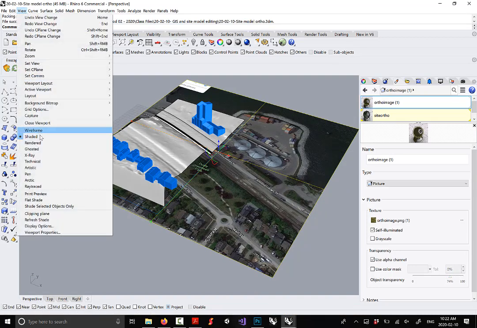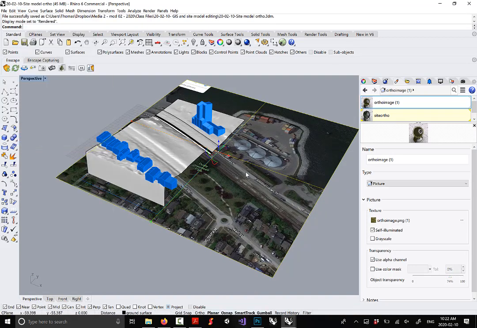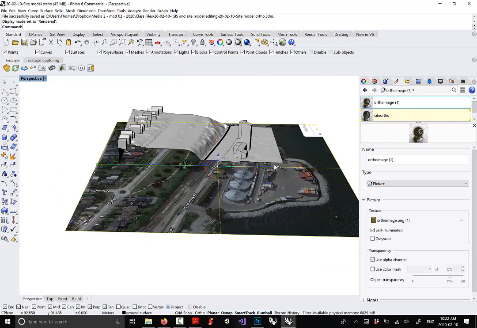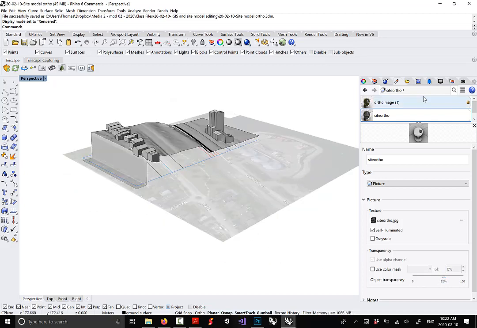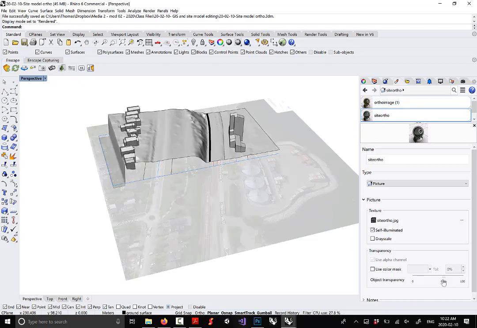And of course, this might be the wrong image here. Yeah, okay, it's this one here. And you can see that increases the transparency. So I just selected the old ortho image file. So you can increase the transparency like so, and that makes it just a little bit